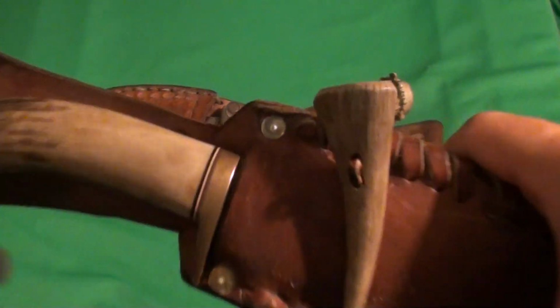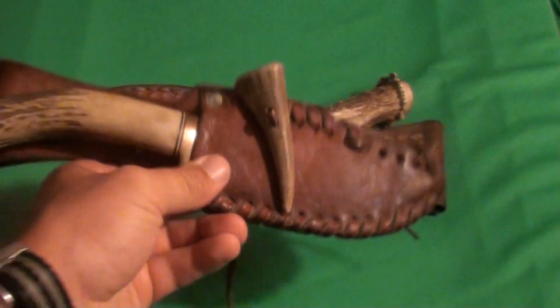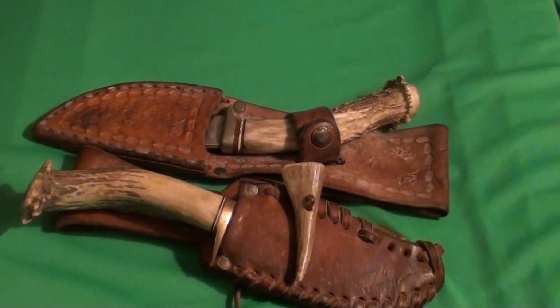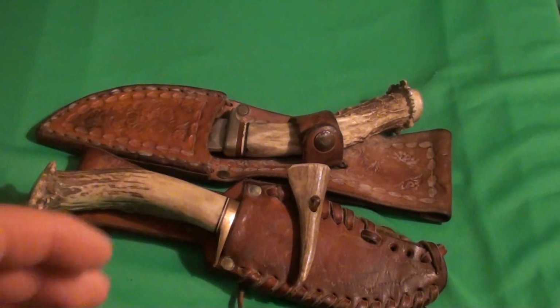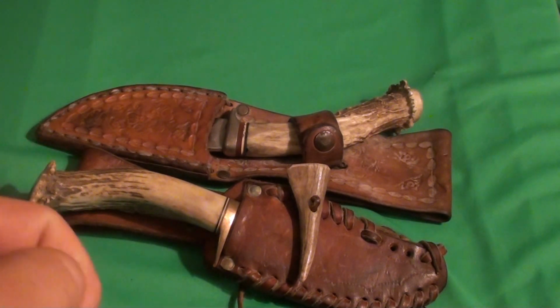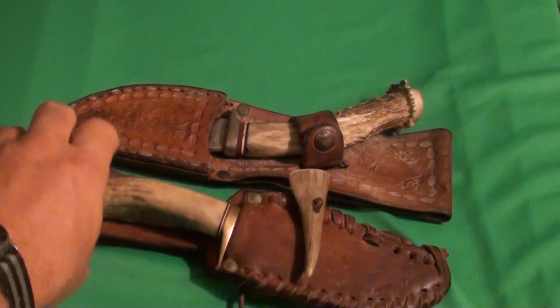This knife is probably my favorite out of the two. Interesting little story behind this knife is that the guy bought both of these knives in Alaska, from two different people in two different areas of Alaska. But when he pulled this knife out,